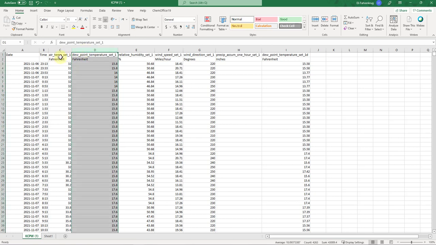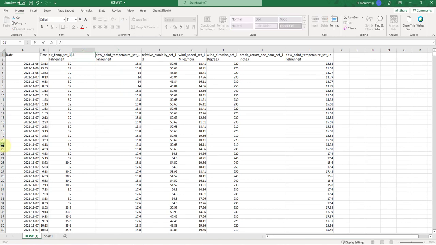So if I want to take the air temperature here and convert it into Celsius, I'll make a new column and I'll call this air temp and I'll put degree C in it. And what I can do is in this column, immediately to the right of the first value, I'll type equals, and that signifies to Excel that I want some sort of formula. And then I'll just type the word convert, and you'll see that will pull up this convert function,